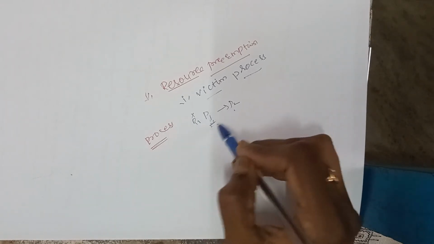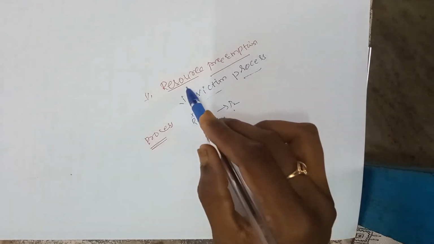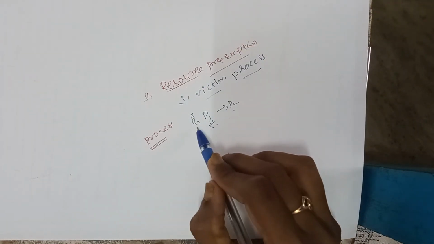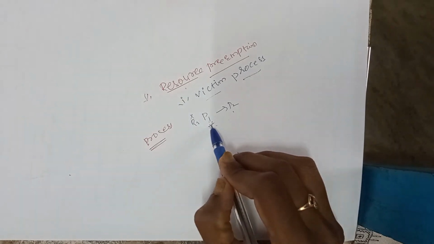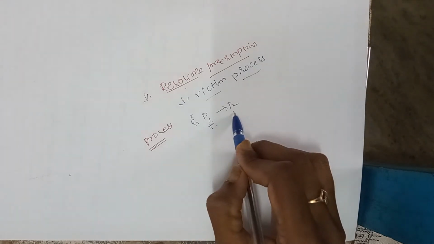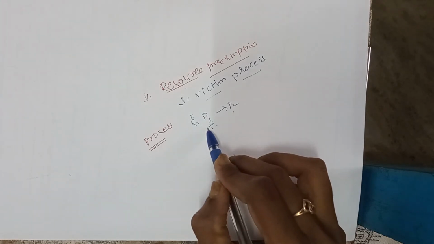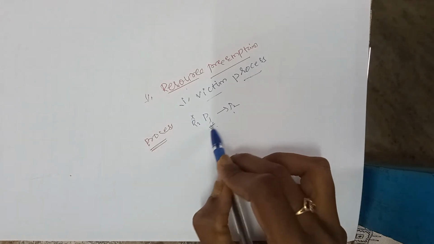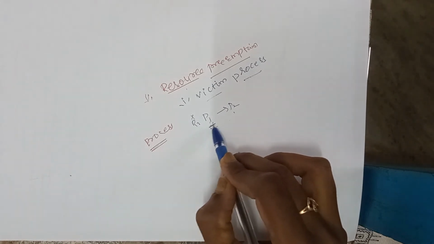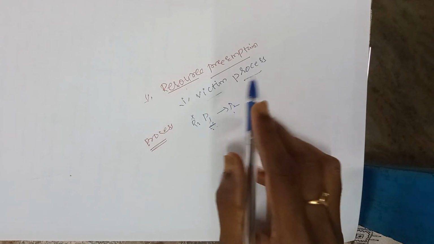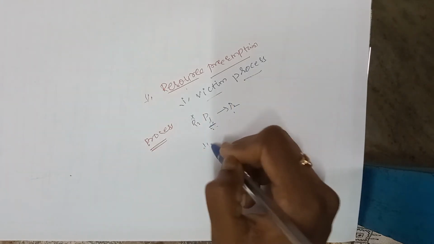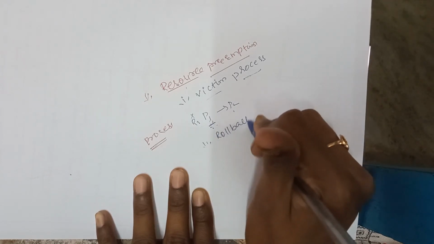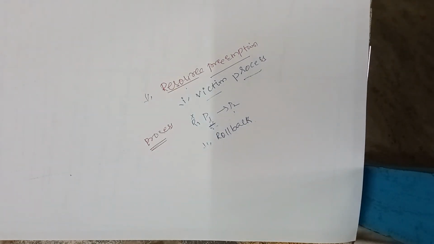Clear? That means which process we have to select so that the resources can be taken from that particular process. Here in this case, the resource R1 is taken from P1 so that P2 can execute. After execution of P2, P1 takes the R1 resource as well as the R2 resource of P2, combines them, and executes P1. That is the victim process selection. And the second one is rollback.